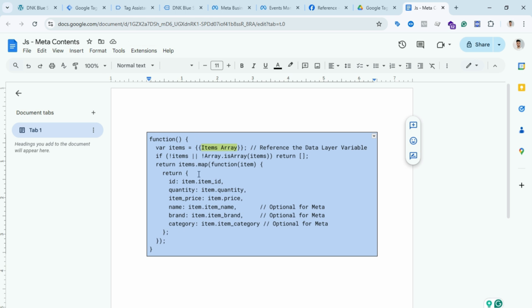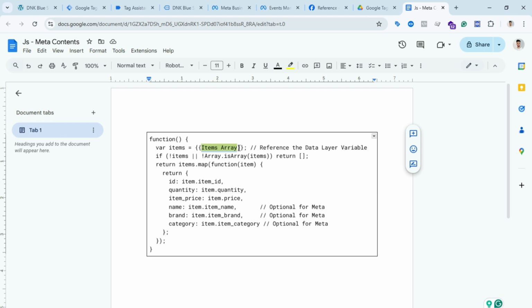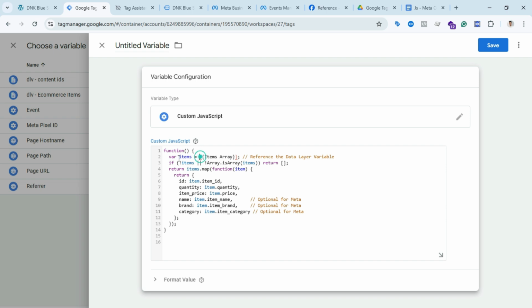Then after copying this script, go to Google Tag Manager and paste the script here. If you open this script, I marked it in yellow color, you can see where you have to change. So just follow this code: after var items you need to select the ecommerce items variable. Open Google Tag Manager and you can see the variable name items, then select this one, you have to just select